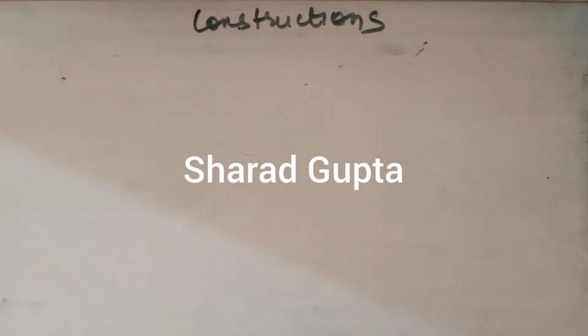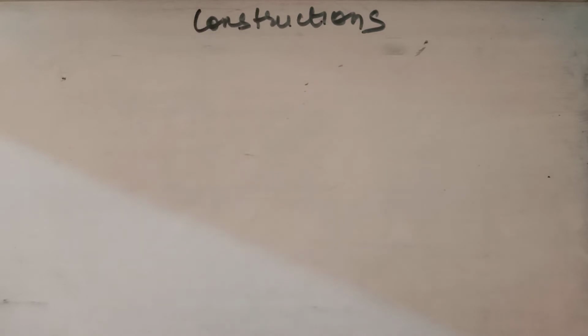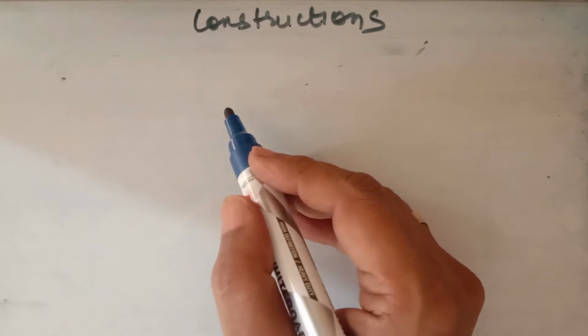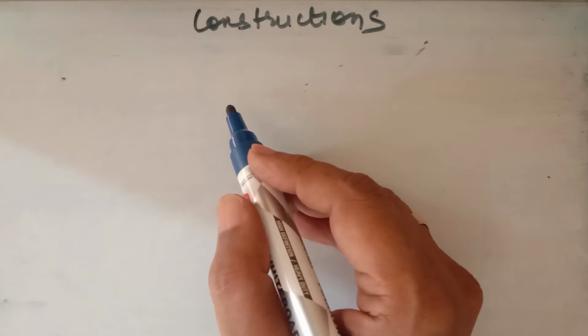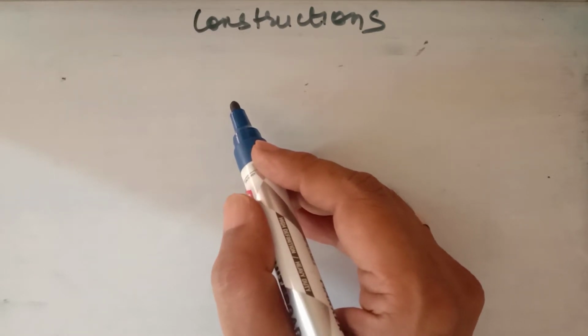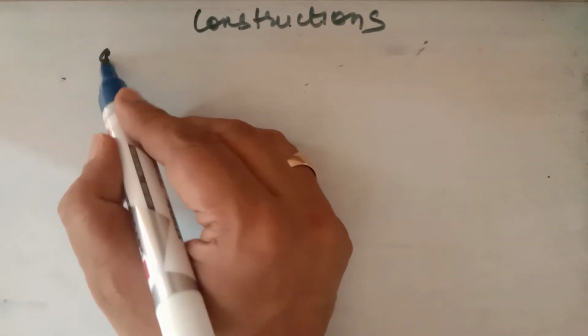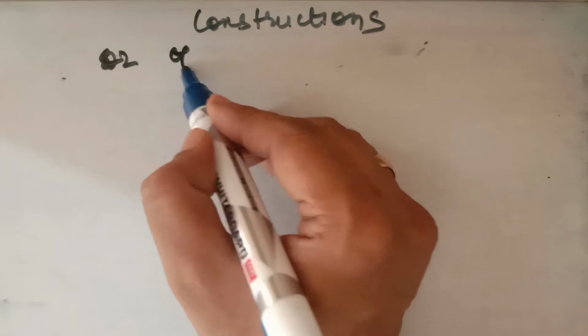Hello, this is lecture number 4 for the chapter Constructions for class 9th. In the last lecture, we discussed how to construct a triangle when the sum of two sides of the triangle is given. Now, in this lecture, we'll construct a triangle in which the difference between the sides is given, and this is question number 2 of the exercise